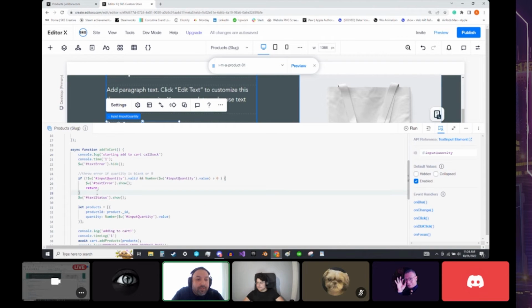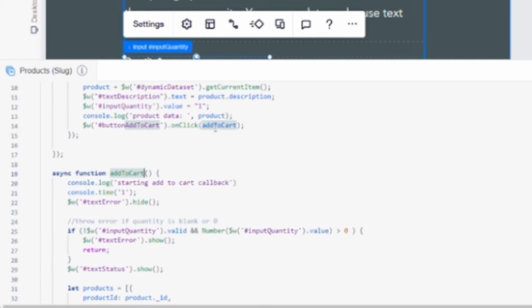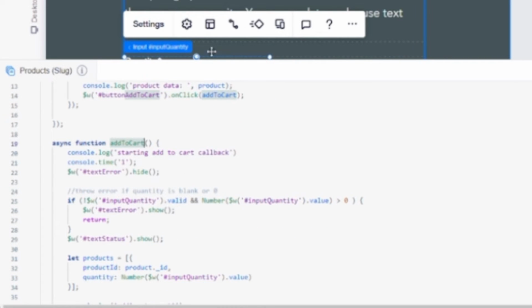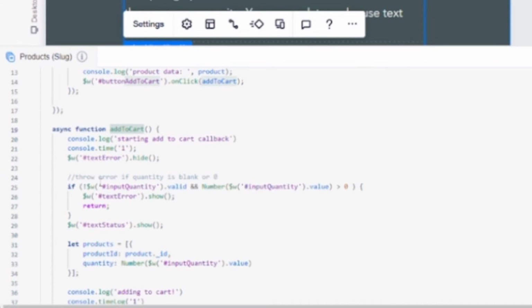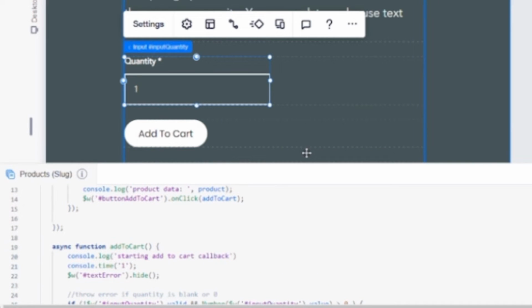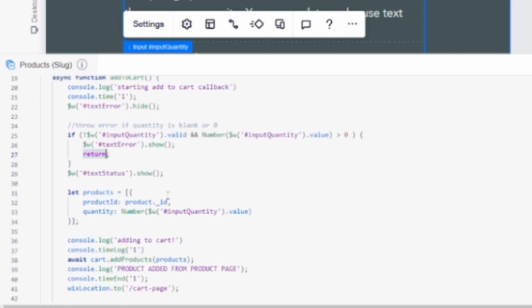And the first thing we're going to check is if they press the add cart button, right? Because we're calling it right here on click add cart, call this function. If the quantity that's in there is a valid entry and it's greater than 0, or if it's not valid and it's not greater than 0, we're going to show this error, like, hey, you messed something up, right? That's all. And then we'll return out of the function. Otherwise,